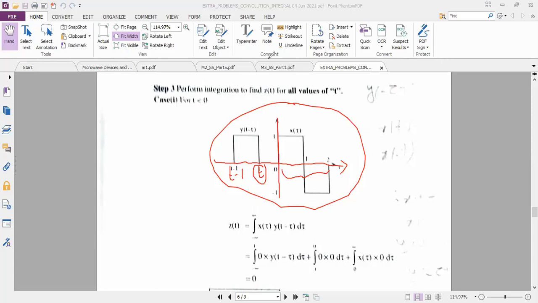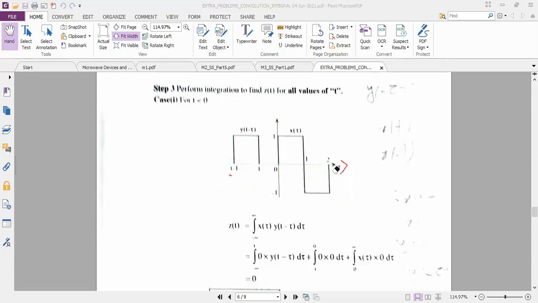Yes, ma'am. So now case 1, t less than 0, the output y of t is equal to 0. Now, before I move on to the screen, let me discuss with this diagram itself. What will be the next condition? Case 2. I told you, we have to split the time of x of t so that I can keep the cases. So case 2, can I keep t between 0 and 1? I have to split the time, then keep it for the cases. That is a rule I have told you.